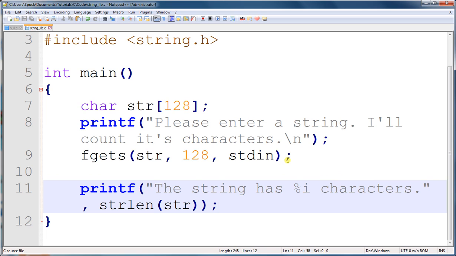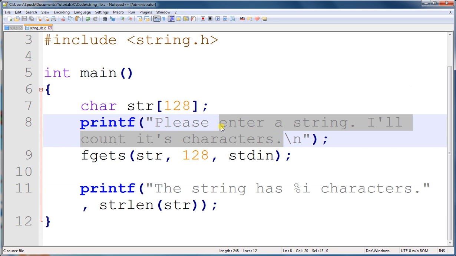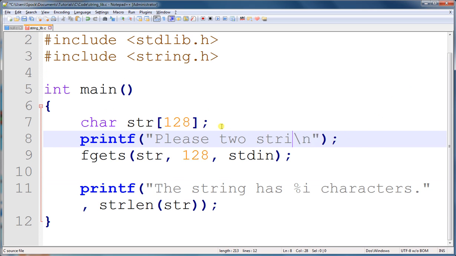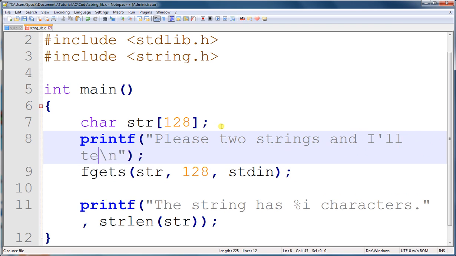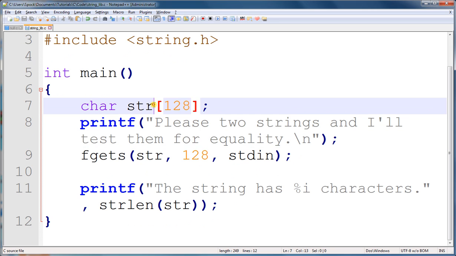It'll count its characters. Next, let's have the user enter two strings, and we'll test to see if the two strings are equal to one another. So let's change this a little bit. There we go. And now we need string 1